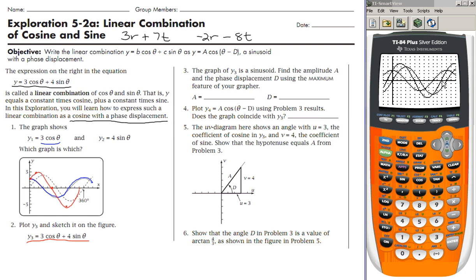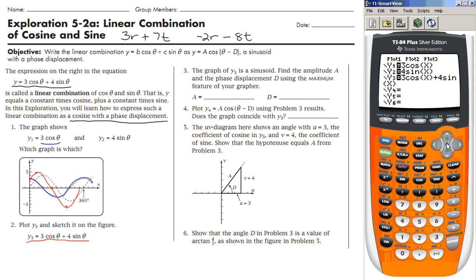this graph on here. Okay, and it appears that this graph is just a sinusoid, right? So if I think about it, I'm going to go ahead and turn the original two plots off so we can see this one a little bit more clearly, right? This is just a regular old sinusoid,